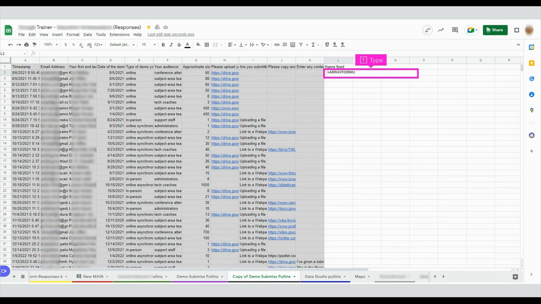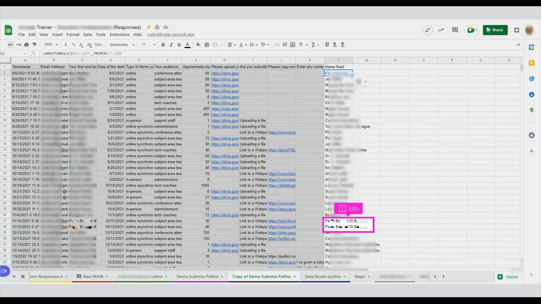Since the goal is to fix the inconsistent capitalization of the typed names in column C, which were inherited from how people filled in its attached form, enter this formula exactly how you see it here with no extra spaces. When you entered that formula into the cell, the data from the column you wanted to fix populated the new